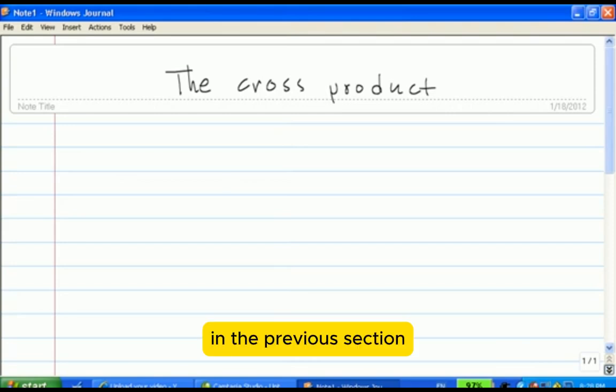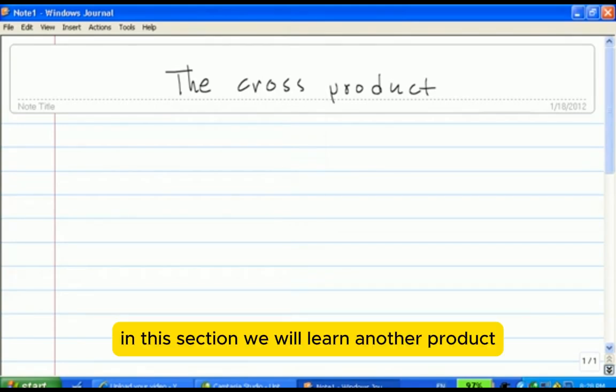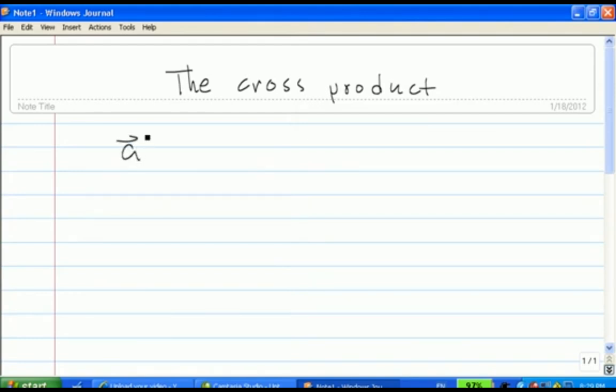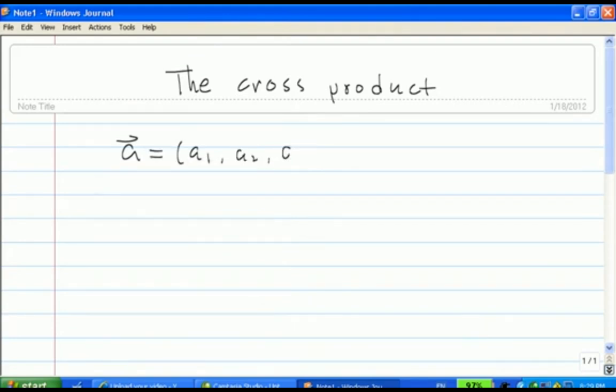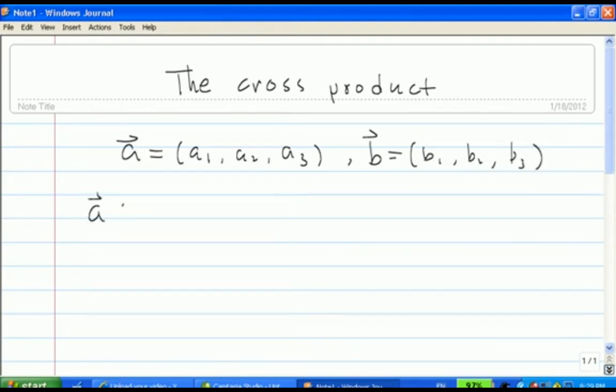In the previous section, we learned the dot product of the two vectors. In this section, we will learn another product, which is called the cross product. For the given two vectors, A is A1, A2, A3, and the vector B is B1, B2, and B3. Okay, the cross product